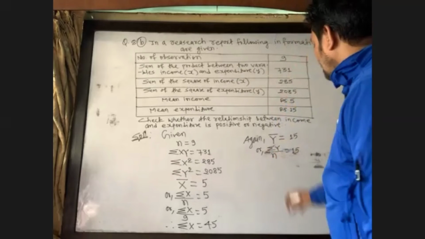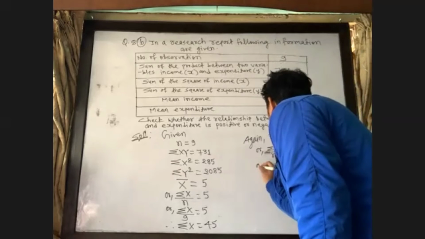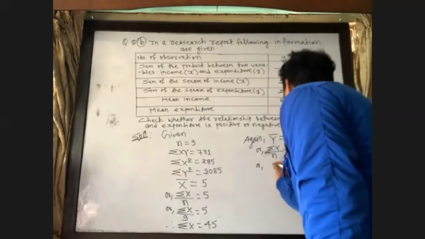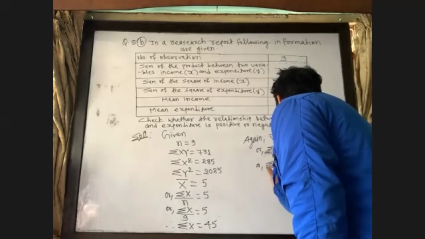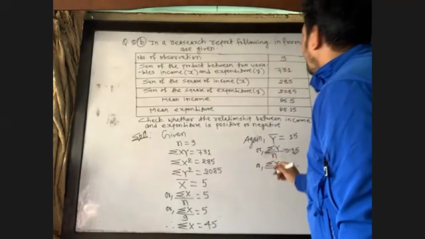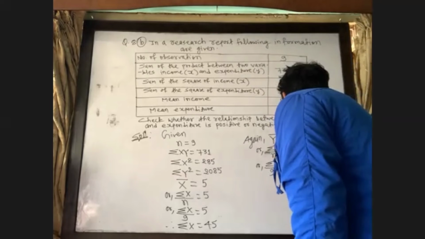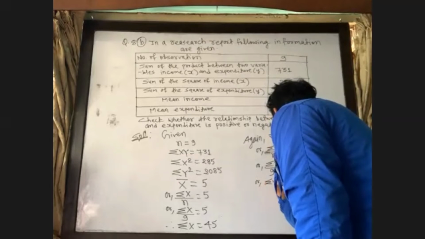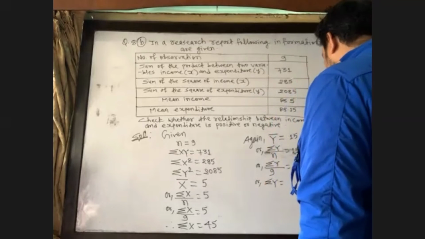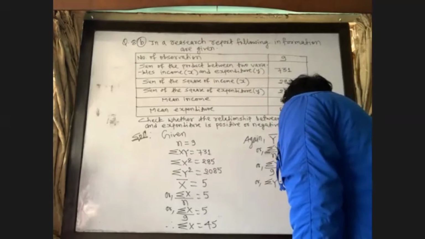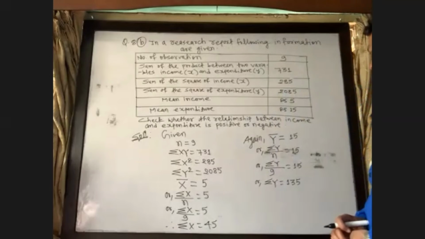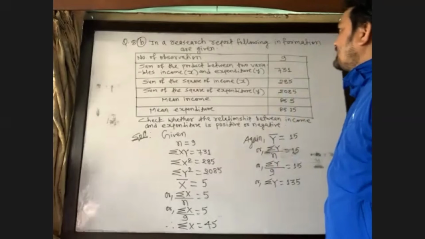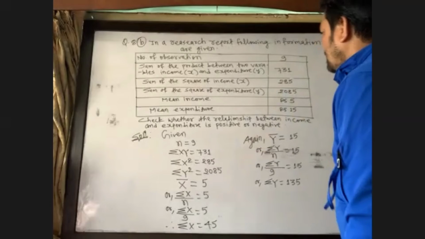Summation y divided by n भनेको हाम्रो 9, this is equals to 15, or we can write here summation y is equals to 135. ल यहाँसम्म त अब हामीलाई भइसक्यो। अब हामीलाई चाहिने कुराहरु लगभग सबै भइसकेको छ। हामीलाई सोधेको छ check